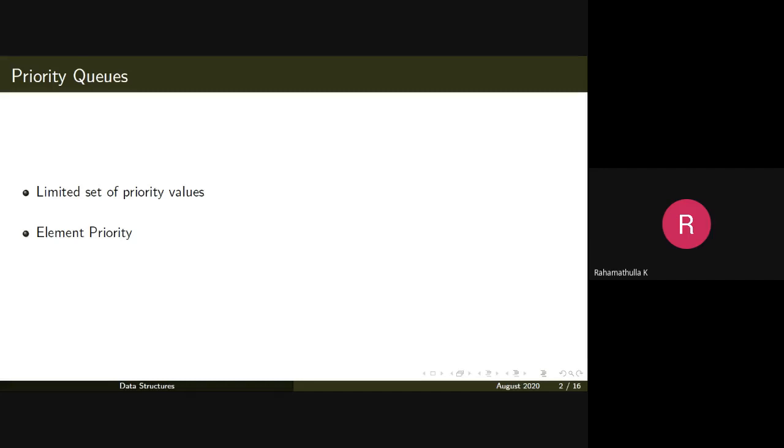You can have both implementations but with a different set of entities. So we'll see the first variant of priority queue where we have a limited set of priority values.